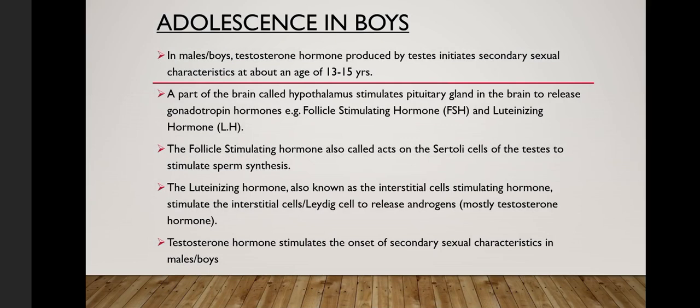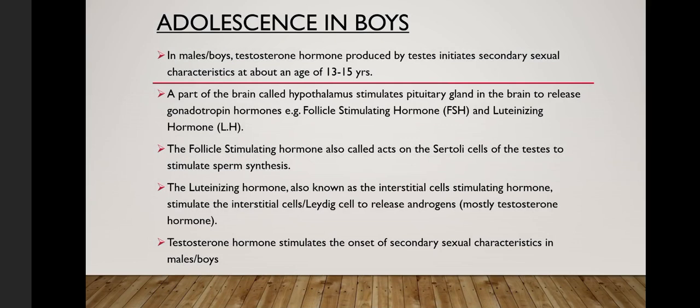I want you to know that when a boy reaches puberty at an age of between 13 and 15 years, the hypothalamus normally stimulates the pituitary gland to release gonadotropin hormones. Gonadotropin comes from two words, gonado and tropin. Gonado means gonad, and the gonads are the reproductive organs like the testes and the ovary. Then the suffix tropin means that the hormones that will be produced will go to another part of the body to tell that part to release a hormone or something that will be used in that particular area or used elsewhere within the body.